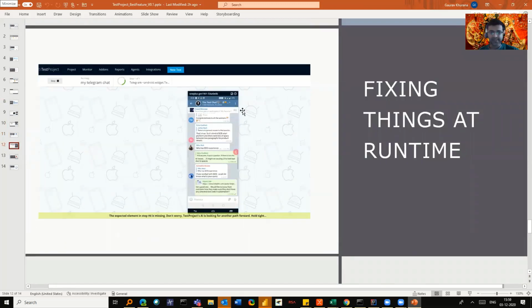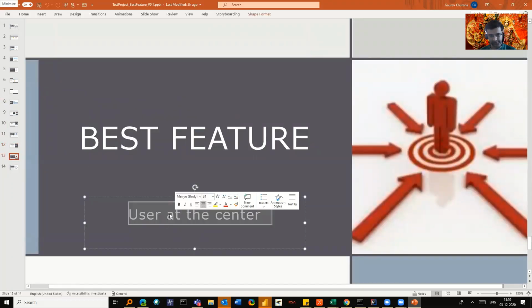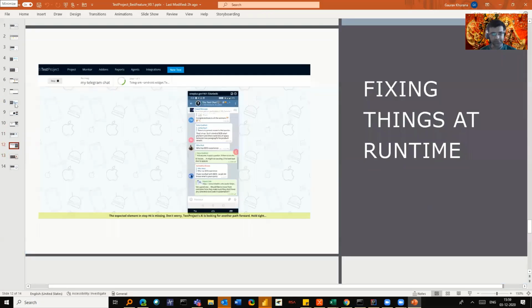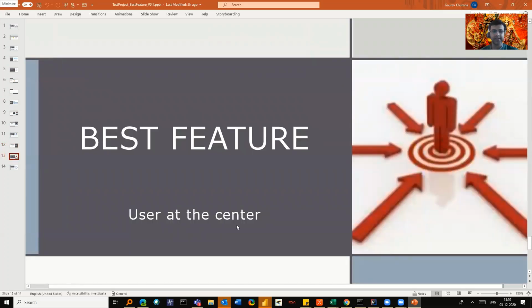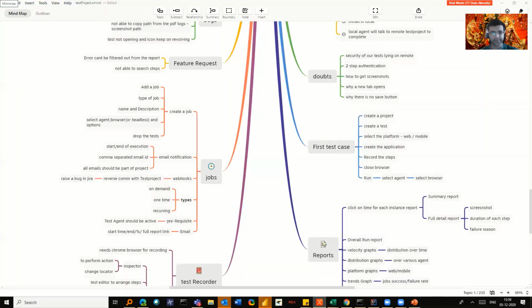So yeah, mobile testing was very easy even. And this AI feature, when it's running, it will show you on the screen that you can stop it. Even if you think that you want to fix it manually, you can fix it. And even you can put the validation and all. So everything is good as of now. So my best feature would be user at the center. I have just listed in the increasing order, and this one is also the best. But this one is taking care of all the features that they have. So I think that user at the center is one of the best features.